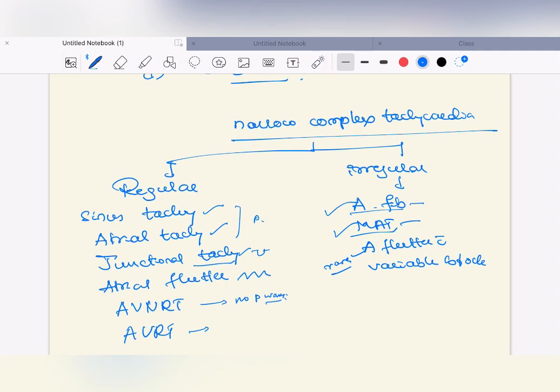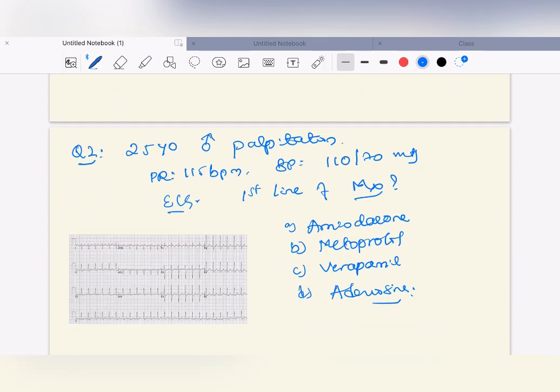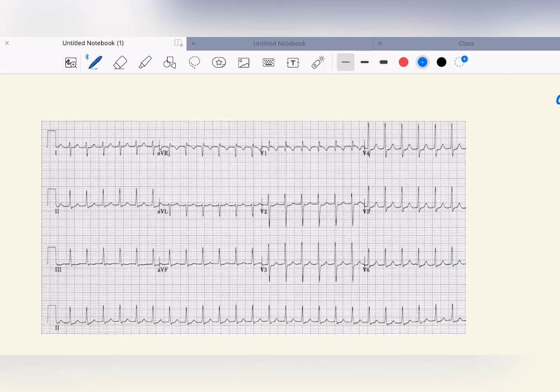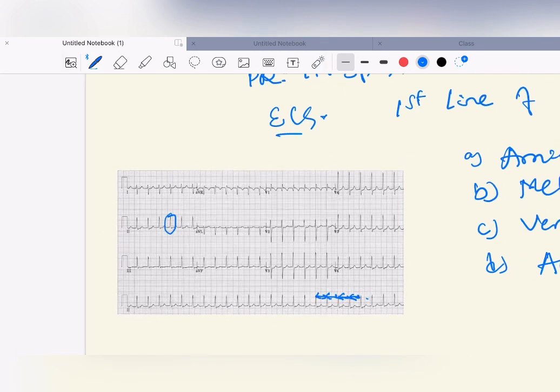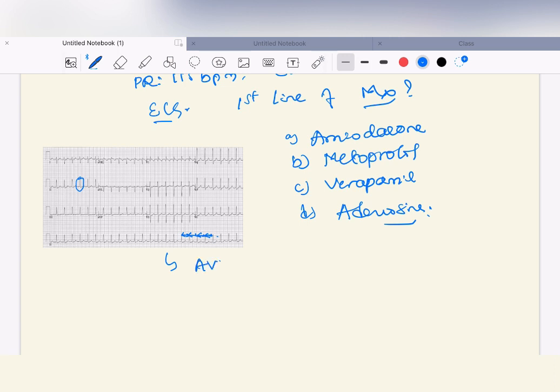So let's look at one more question. Question number 2. A 25-year-old male presents with sudden onset of palpitation and a pulse rate of around 115 beats per minute, which shows tachycardia, and BP of 110/70. The ECG is given here. This again shows narrow complex tachycardia. QRS complexes are normal, less than 120 milliseconds, and there is tachycardia at around 2 boxes, meaning 150. So narrow complex regular tachycardia with no P waves means it is a case of AVNRT,